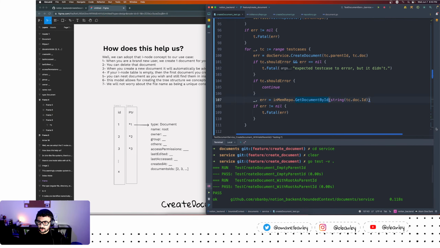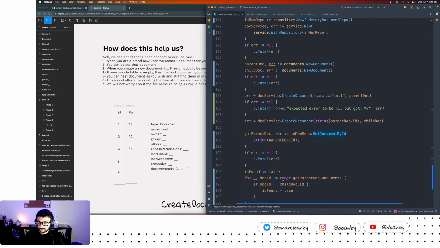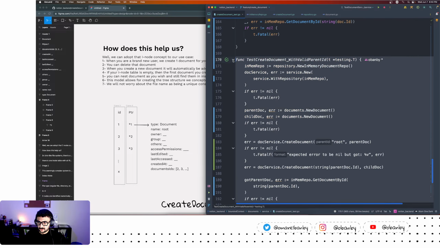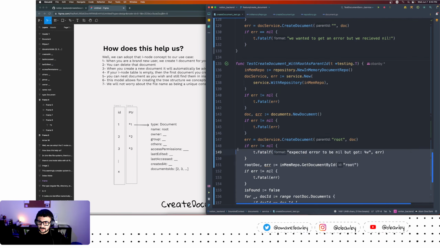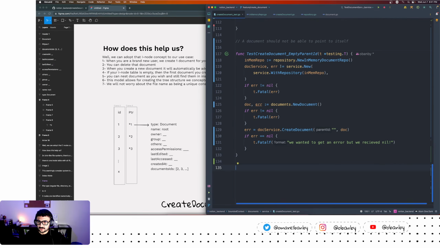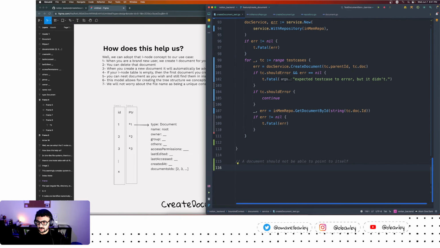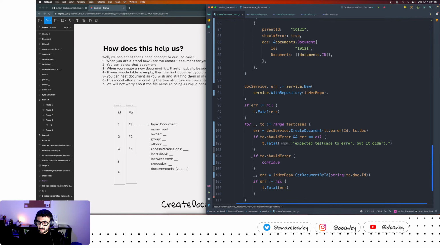So all of them pass, but now we can get rid of all these. So this is the first one that we're deleting with a valid parent ID. We've tested for this use case. And this is the second one with root as parent ID. We've tested for this case. With an empty parent ID, we've tested for this use case. And